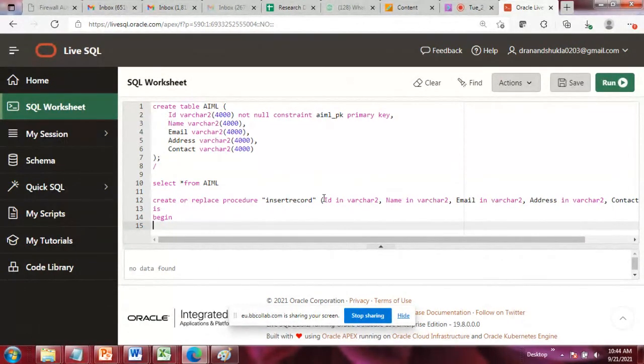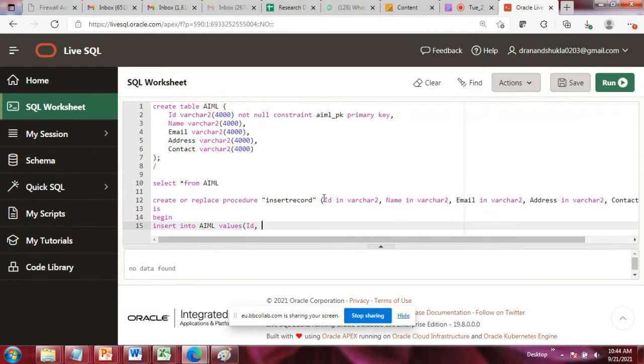So I have to write a SQL query here: insert into, what is the name of your table? AIML. What should be the values? Five values should be there. The first value will go into the ID.